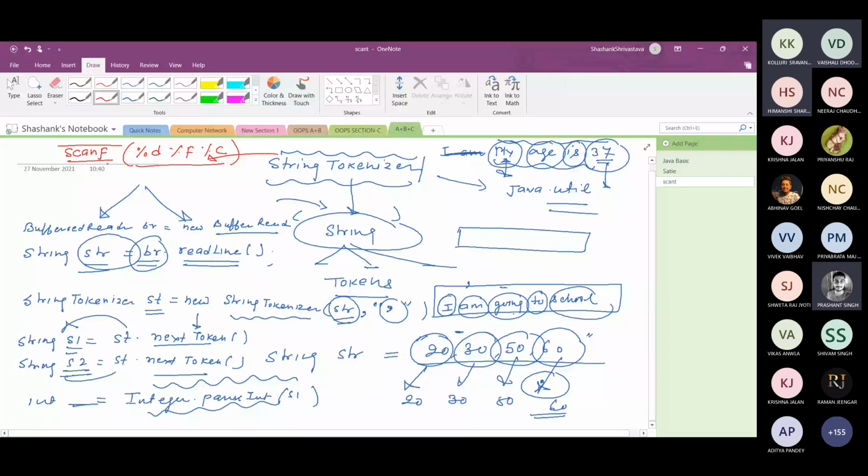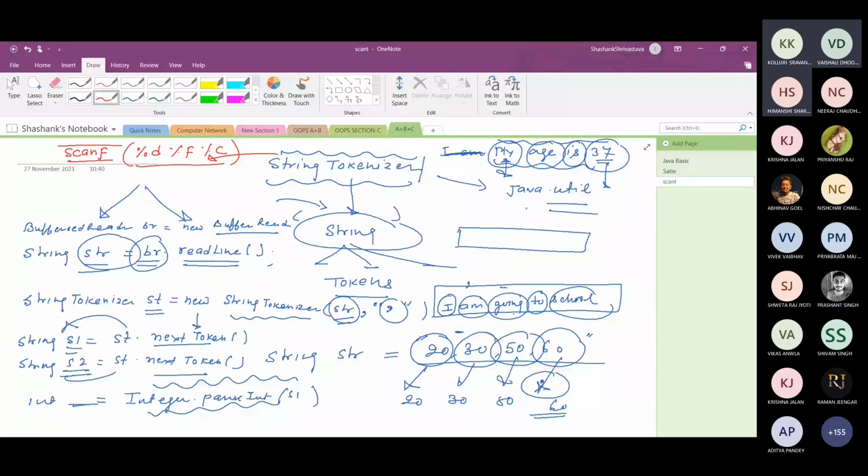Similarly here, you can read different types of data in a single line, in the form of a string, then convert that string into tokens, and then read and parse the data token by token according to your requirement. So it is used to simulate the scanf function of the C language, where we can receive several data types at a time in a single line.